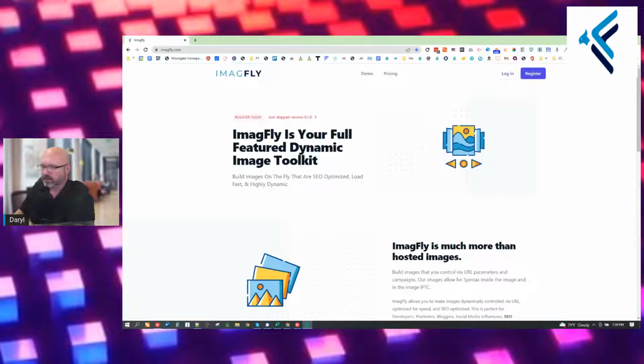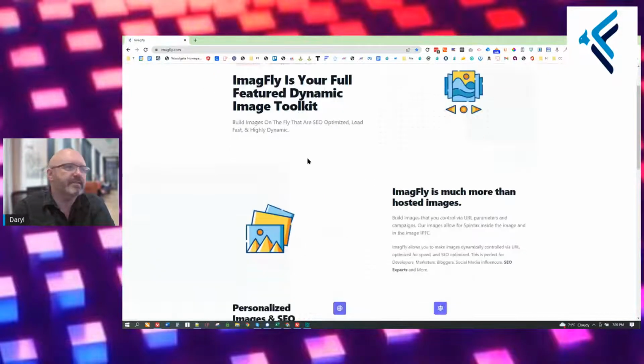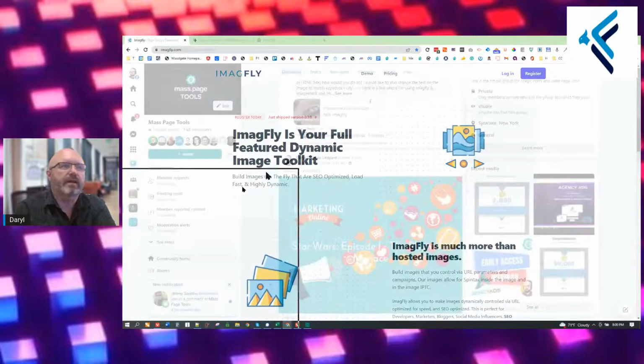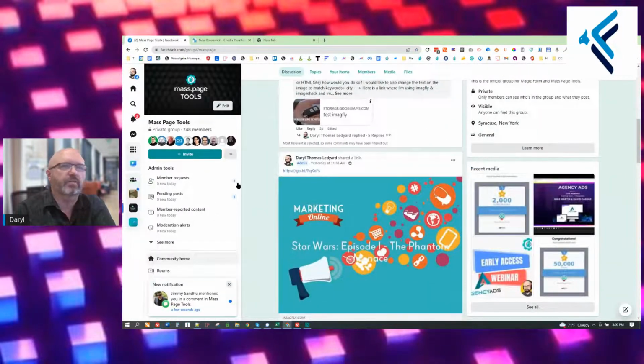All right. What I would like to do is switch over to this side here, and we're going to look at ImagFly. The ImagFly website is right here at imagefly.com. Basically it's a very unique tool that does a lot of stuff, and like I said, it's only about 15% of what it will do eventually. But I want to show you something that I discovered already, and it's going to lead us to do some more really interesting stuff.